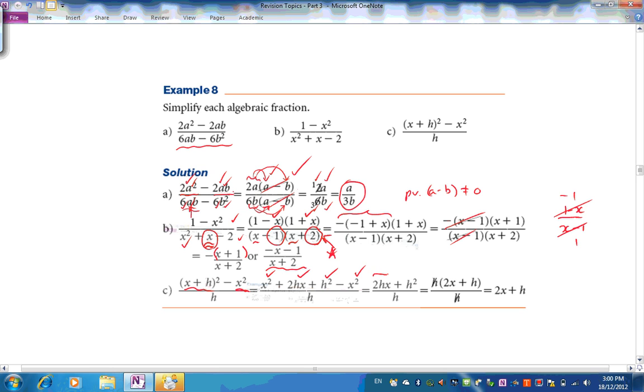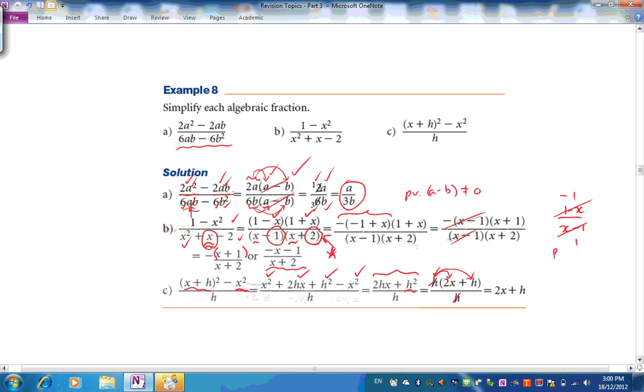So what are we left with? 2hx plus h squared. So let's factorise the h out. There it is. What do you multiply h by to get 2hx? It's 2x. What do you multiply h by to get h squared? It's plus h. So we've got our factored form, and then we cancel this, and we should, whenever we do that,